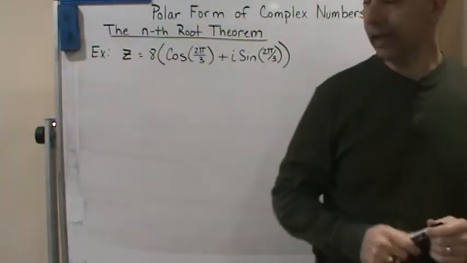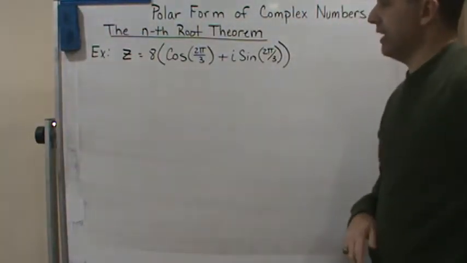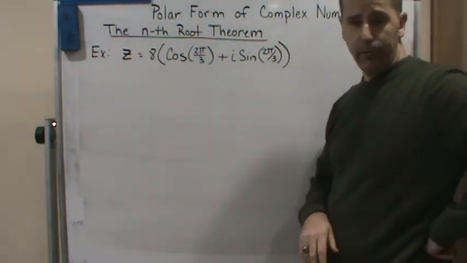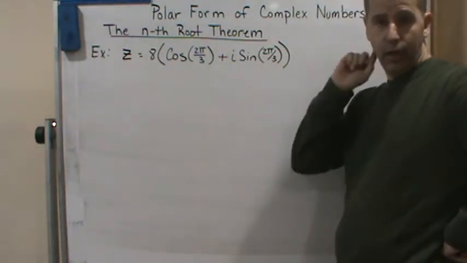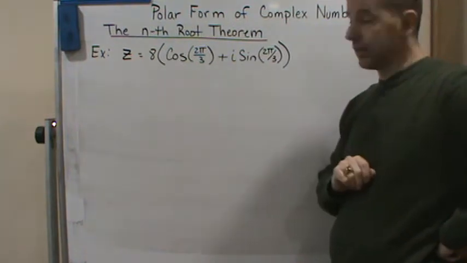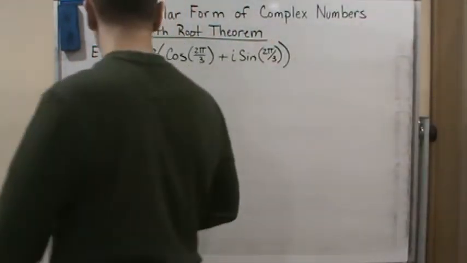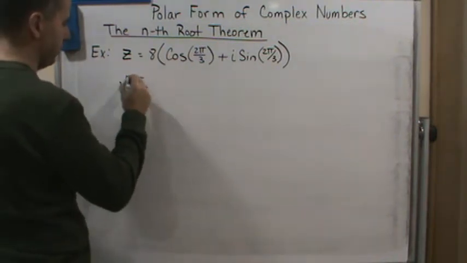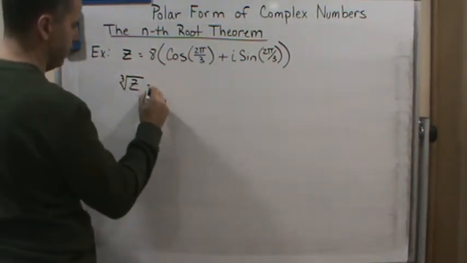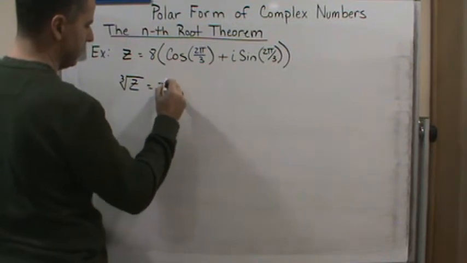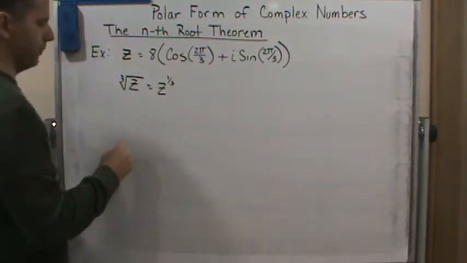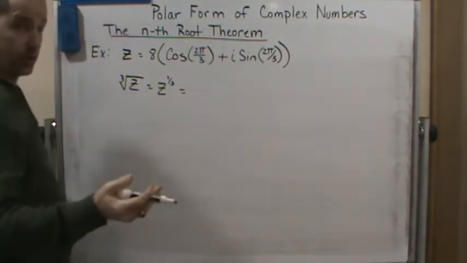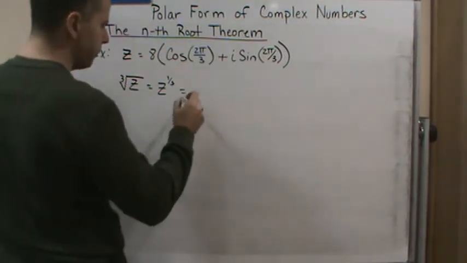Okay, so welcome back. So now what we're going to do is, in this example, we're going to use the nth root theorem, and we're going to find the cube root of this complex number. Okay, so if I want to find the cube root of z, which is going to be equal to z to the 1/3 power, then I'm going to use the nth root formula,